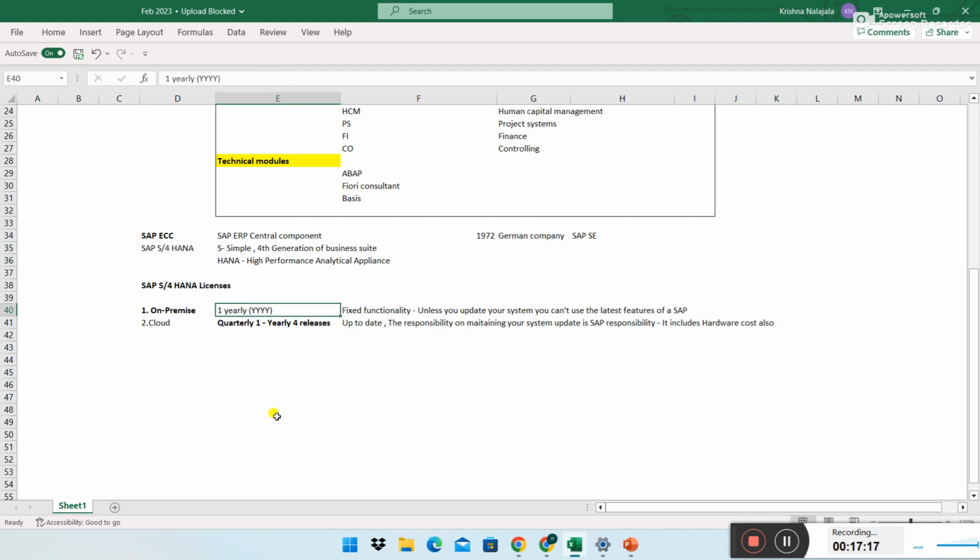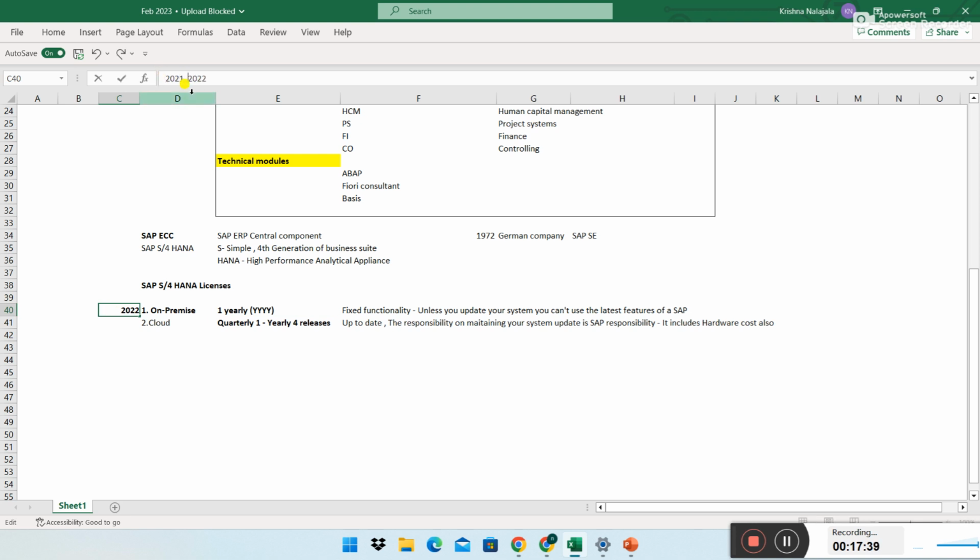Take the yearly on-premise release. Let's say now we are in 2023. Then you already have an on-premise release 2022, and before this 2021, 2020.